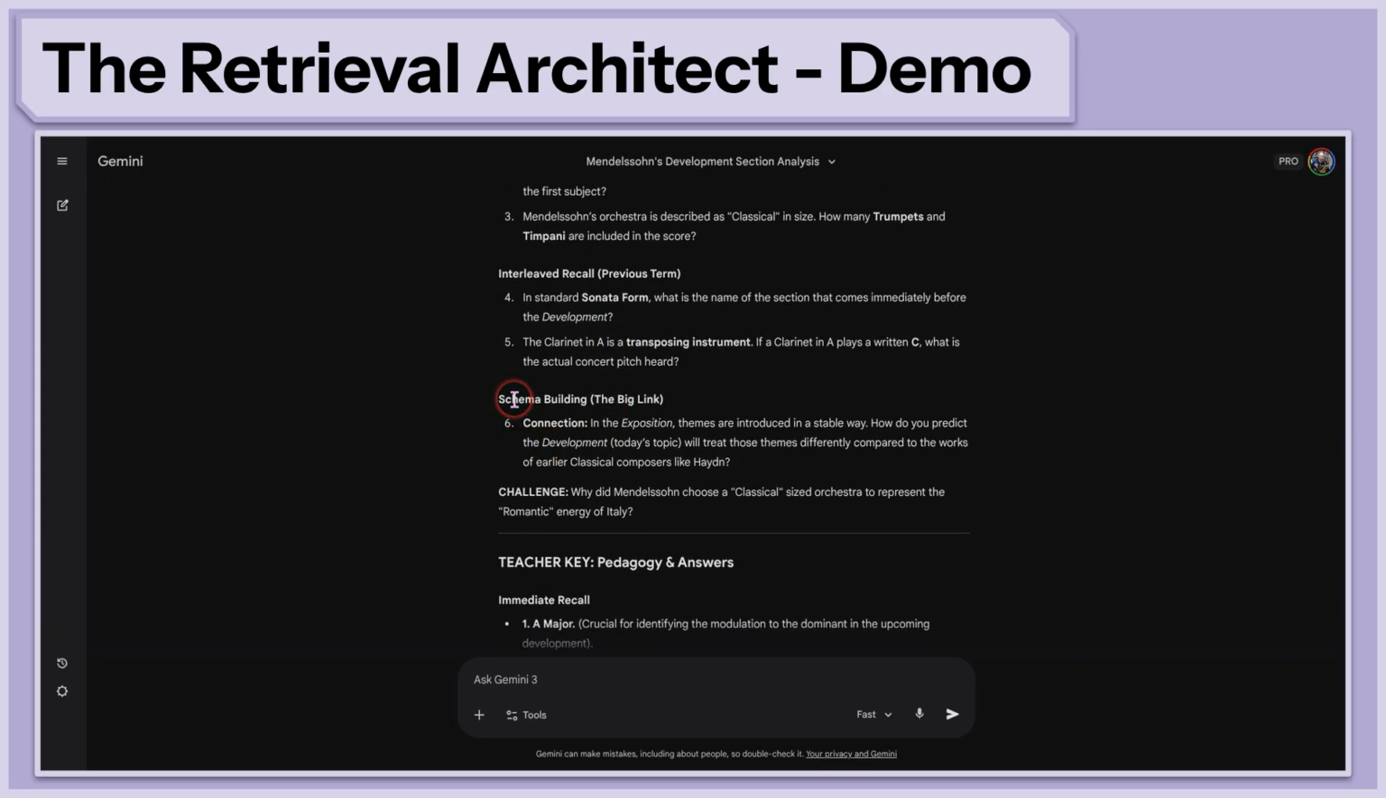And then let's look at the schema building, the connection. In the exposition, themes are introduced in a stable way. How do you predict the development, today's topic, will treat those themes differently? These are nice questions. This one here is helping the students think about what they're going to